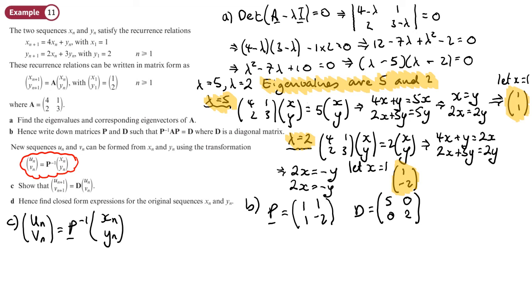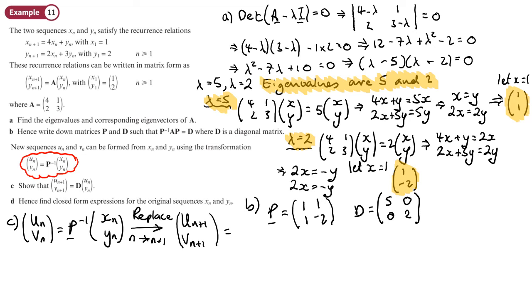So that's the first step. Now you'll notice that what we want to get to has got un plus 1, vn plus 1. So what we're going to do is just replace n with n plus 1. If we do that, then the next step, what we'll have is this, un plus 1, vn plus 1